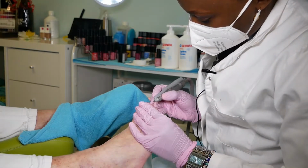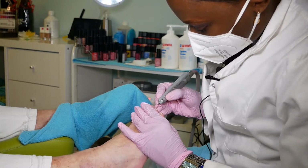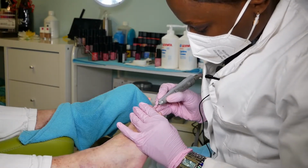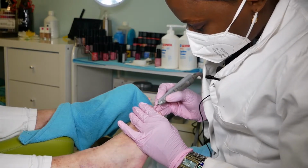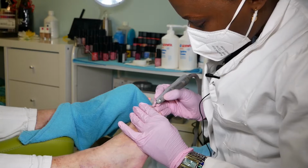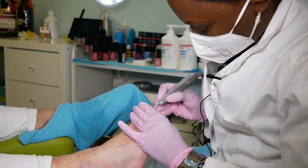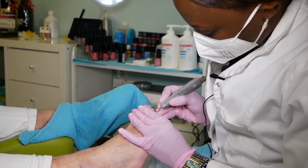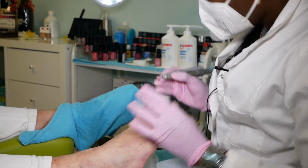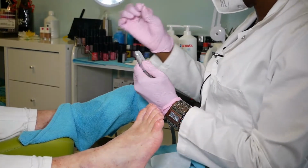it's always advisable to hold the feet of the client, because when they are very ticklish, they can just kick you in the face. So always hold the feet and be very attentive and very focused while working, because the body really feels different, reacts different. So once that is done, I will again change off this freezer,